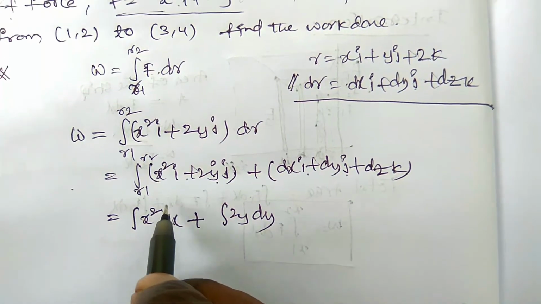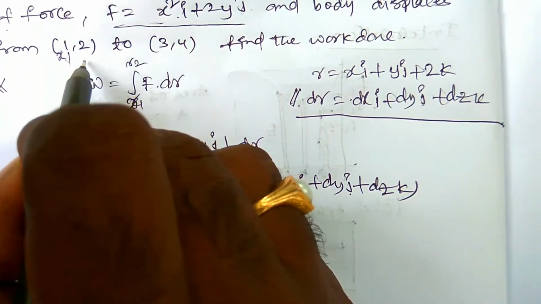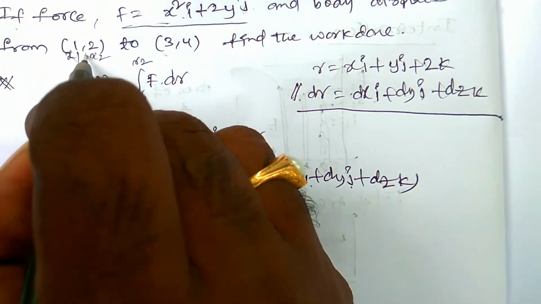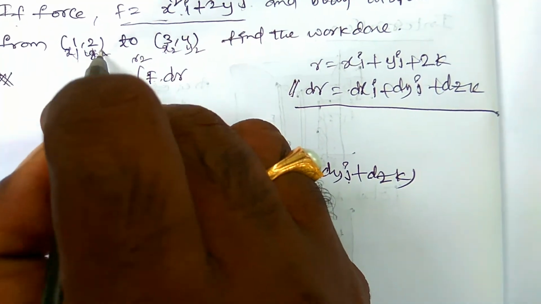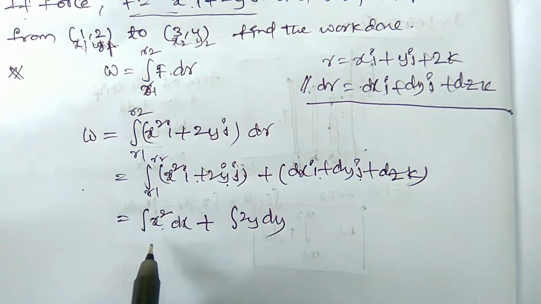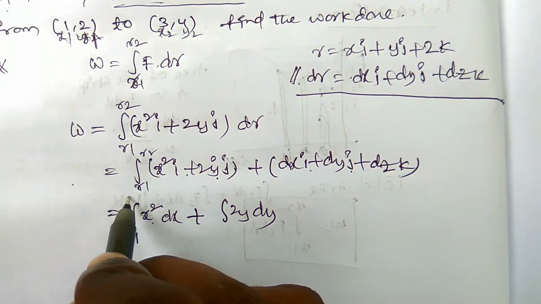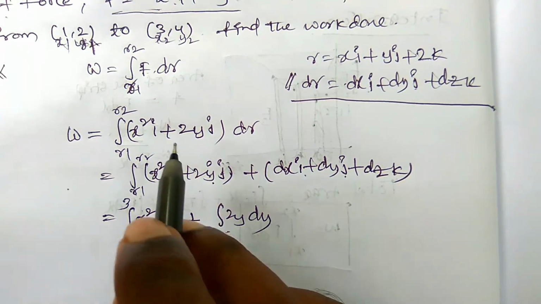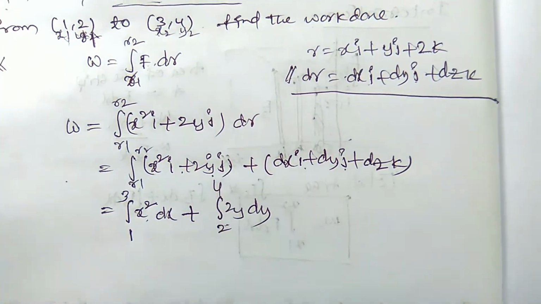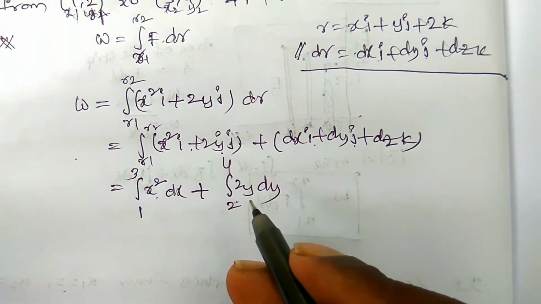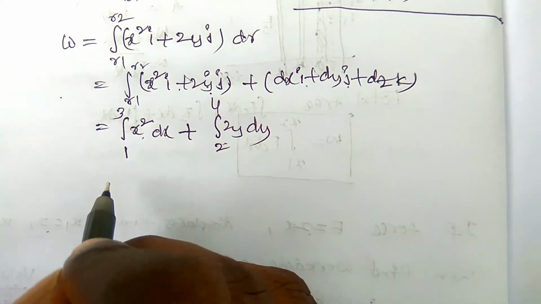In case of x square, in the x direction, the limitations are, let it be x1 and x2, and y1 and y2. So x1 y1, x2 y2, those are the limits here. What is x1? 1, and x2 is 3. From the y axis, the limitations are y1 and y2, which is 2 to 4. Okay, so let us integrate and find the value. By the summation of these two, we can get the work done. So how can we find that?